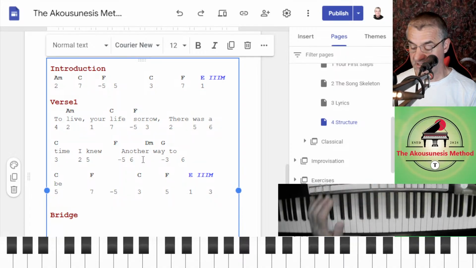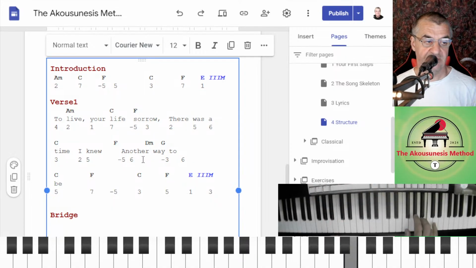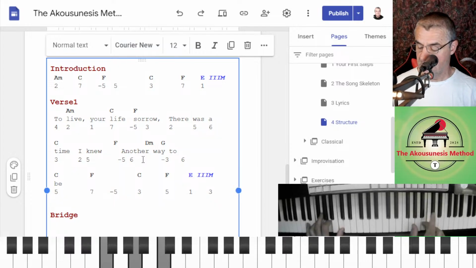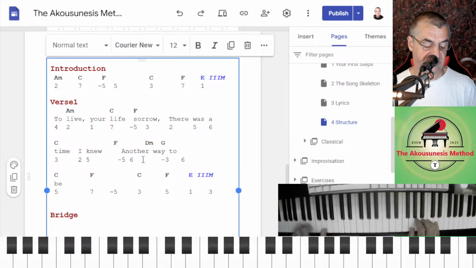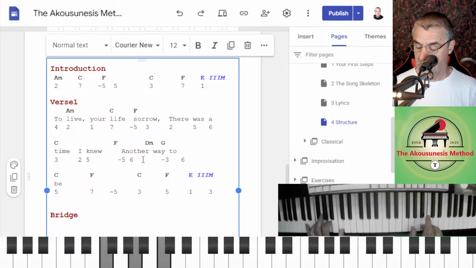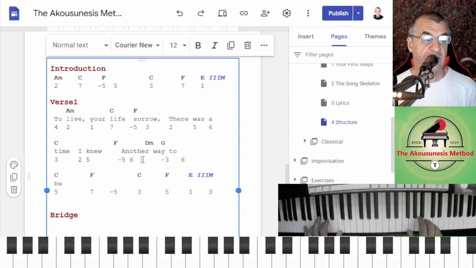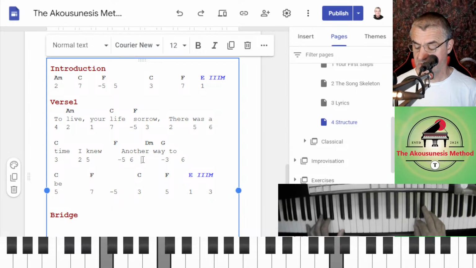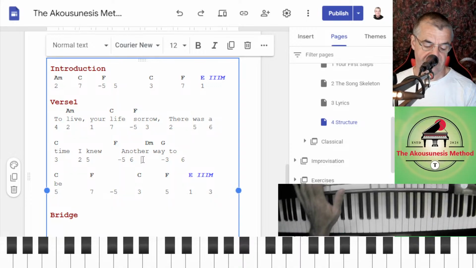And so we're going to go F. So to the 6. Another. Down to the 3 maybe? Another. Let's try that.